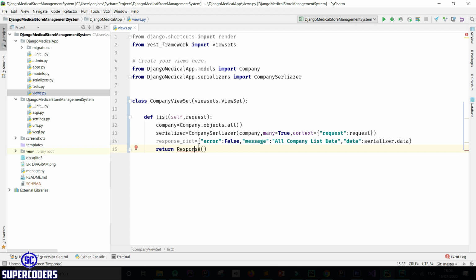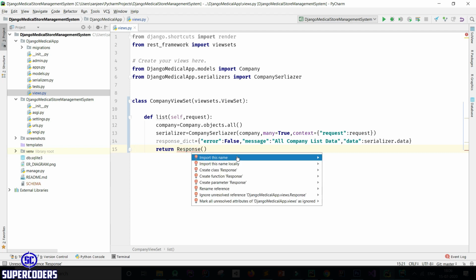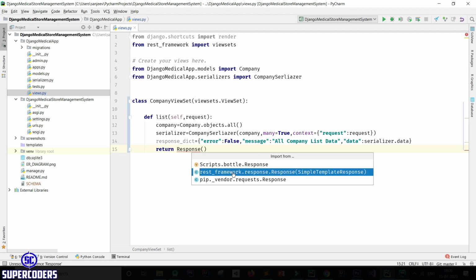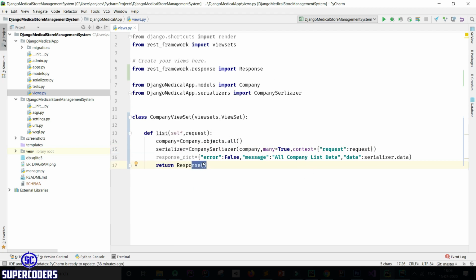Let's import this Response. So click Alt plus Enter and click on import this name and select rest_framework.response, SimpleTemplateResponse. Click on this and pass this response dictionary. Now also you need to declare methods for each URL endpoint.